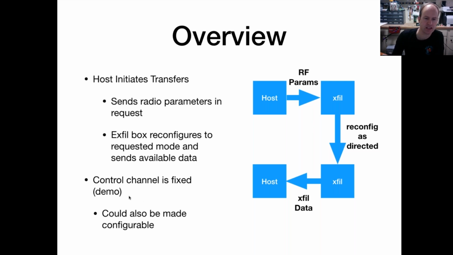The one thing that I did do for this demo is I kept the control channel, in other words, this first arrow that pushes out the parameters, fixed. That was really just to keep the demo from having more potential risk, and also because this is really a proof of concept design. If you want to really implement this, it would take a little bit more work in terms of building in some more error correction and hardening it. That wasn't something I had the time to do. So I focused on the RF side of this problem, and keeping this control channel fixed meant I didn't have to worry about the host and the Exfil becoming permanently out of sync.